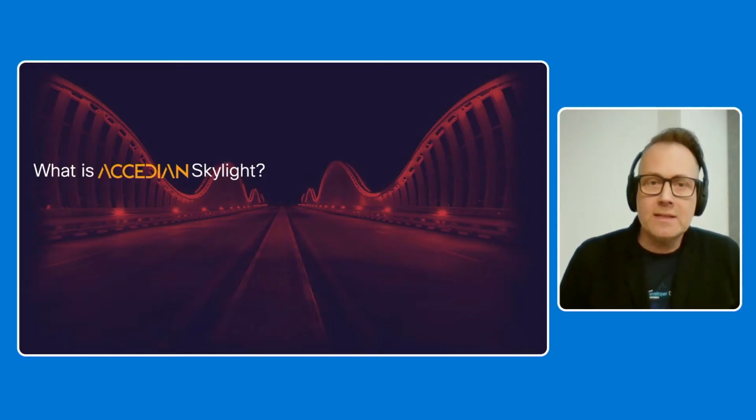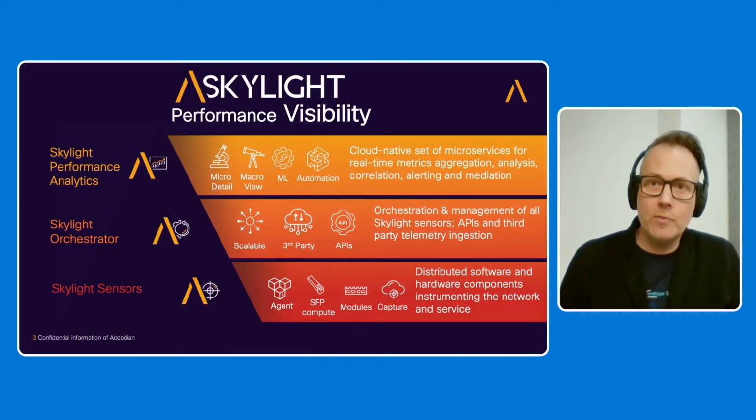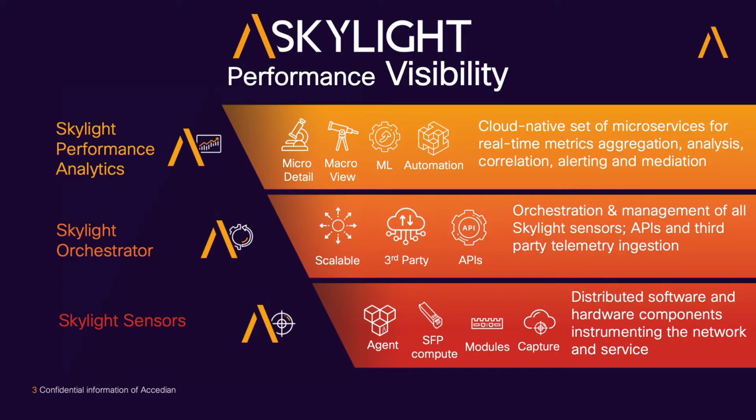Skylight is a set of functions, a framework for bringing visibility of performance into your network, looking at both the infrastructure and service layer, and it's built out of 3 distinct tiers. At the bottom, we have the Skylight sensors. You see a couple of them shown there. I'm going to focus mostly today on the agent type, which is the containerized test functions, but we'll also have